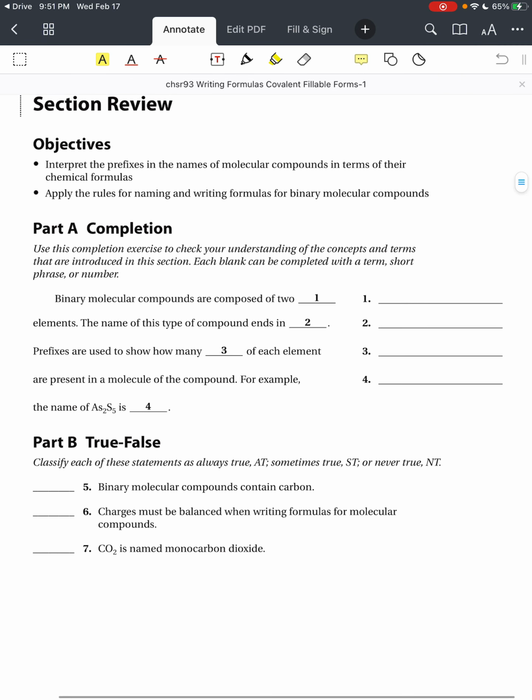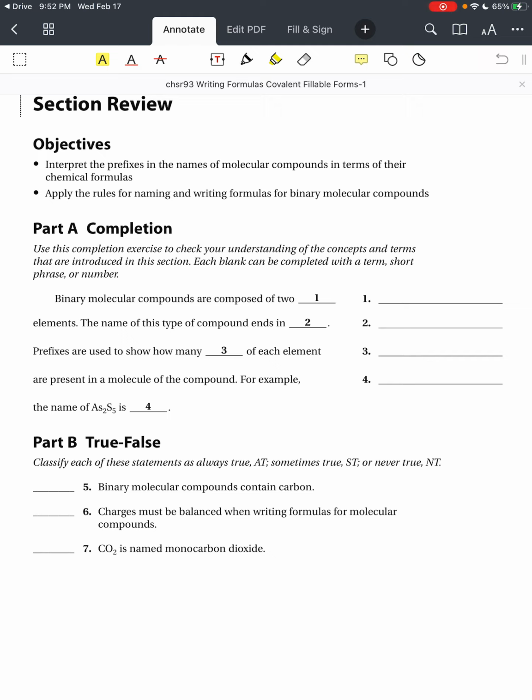Make it as big as I can. Binary molecular compounds are composed of 2 non-metallic elements. So number 1 is non-metallic. And this type of compound ends in "ide," I-D-E, when we name it. So 2 is "ide." Prefixes are used to show how many atoms, so number 3 is atoms, of each element are present